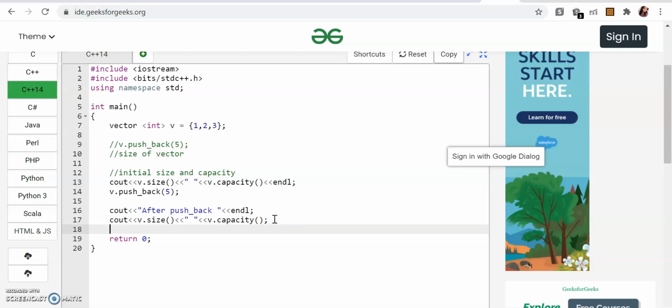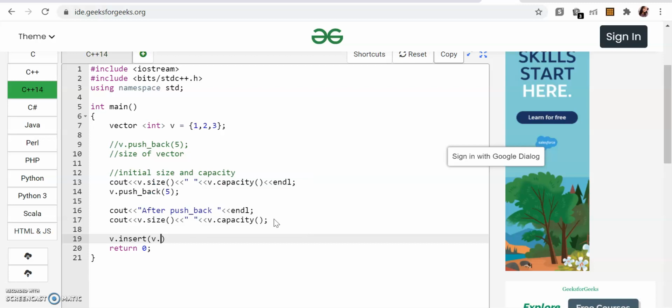Now just try to remember that apart from push back, we also had one more adding function, which was insert. Push back always adds to the last, but insert adds at the position that you are giving. So now let's do v dot insert, and in the first placeholder we give the position.